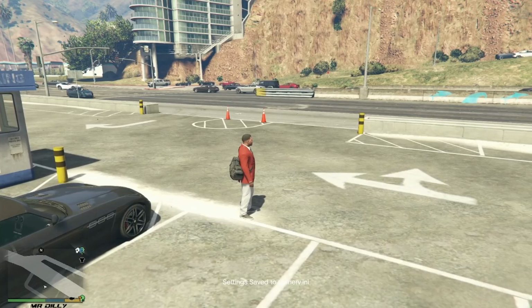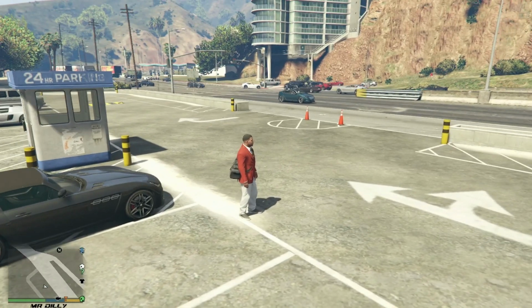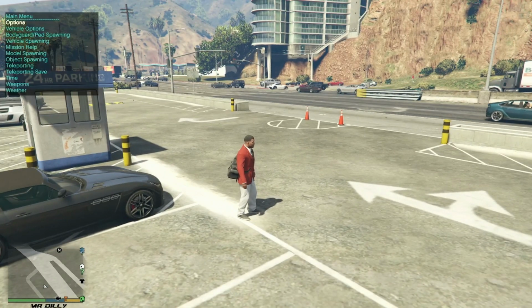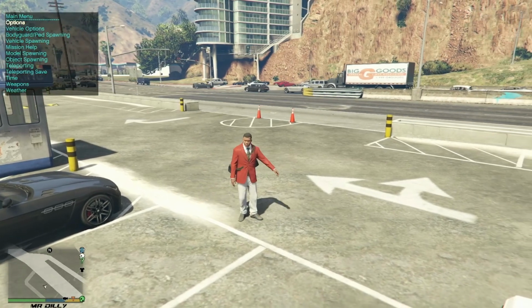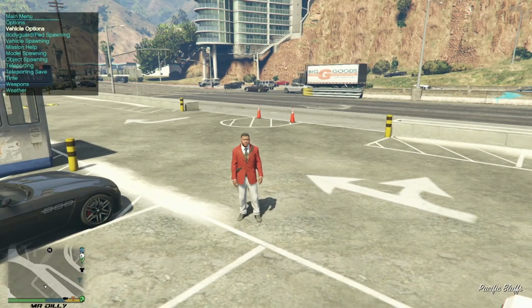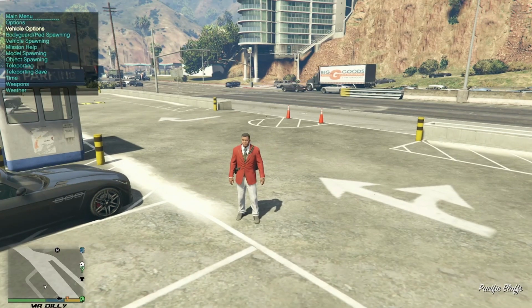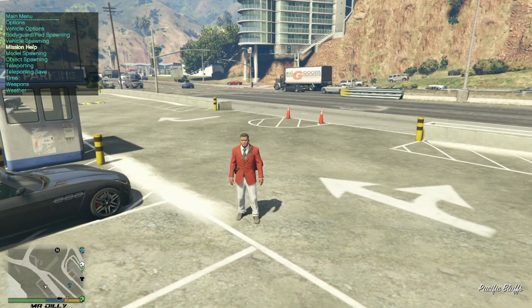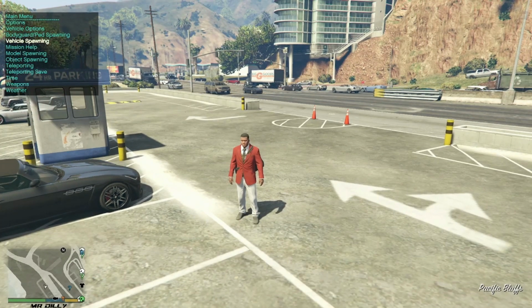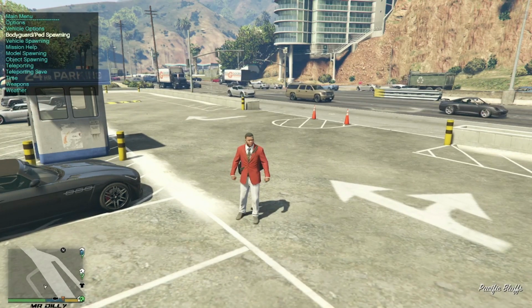All right, and now as you can see, I'm gonna go ahead and try to bring the menu again with my F3, and now as you can see, the colors that we changed have been saved. So every time you log into the game, you are going to find your menu just the way you want. All right, so now let's go ahead and spawn a vehicle that we just installed,